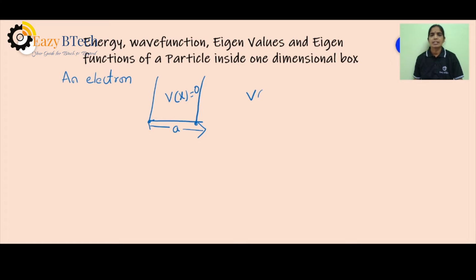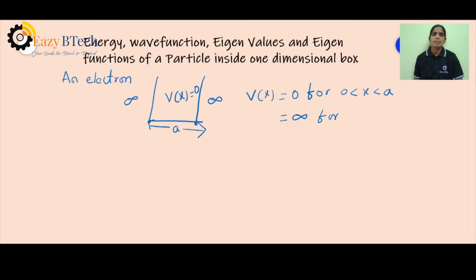I write the condition that V of x is equal to 0 for 0 less than x less than A, which means that the particle is lying between the boundaries 0 and A. And the potential is equal to infinity